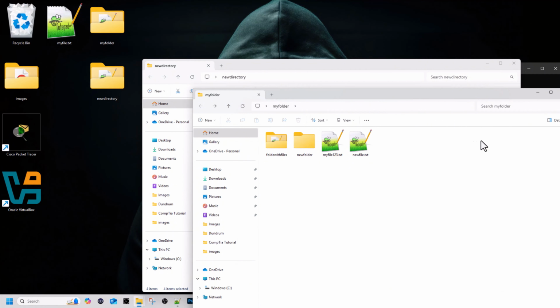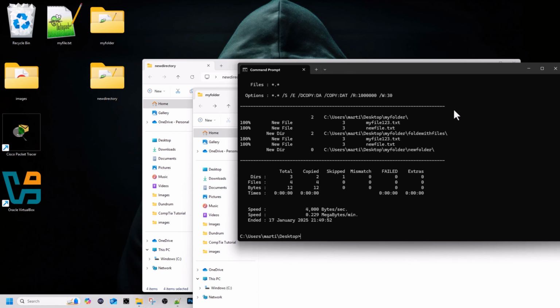Like I mentioned, robocopy doesn't work the same way as copy. As with copy, you can copy single files, but by using robocopy, the first thing you should know is that you can copy only from folder to folder. And another thing is that in robocopy there are a lot of advanced features which go beyond the copy and xcopy